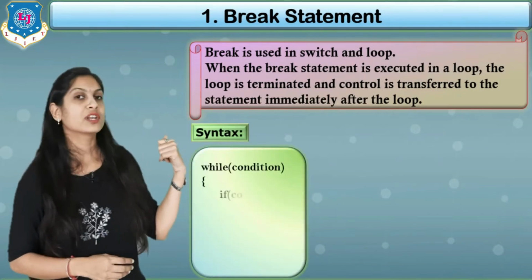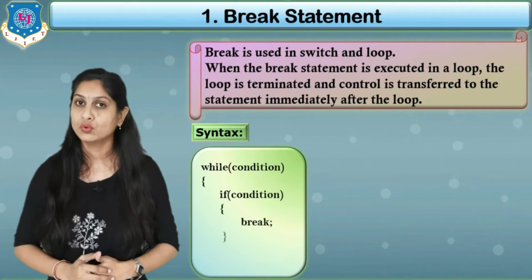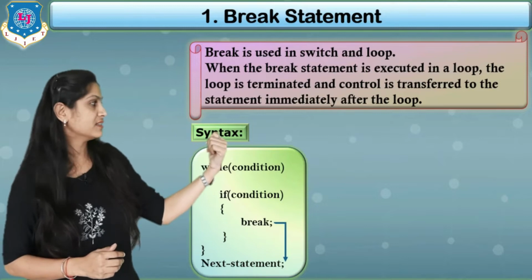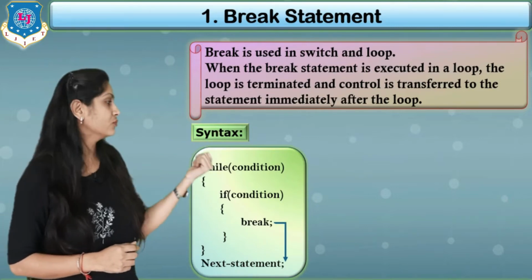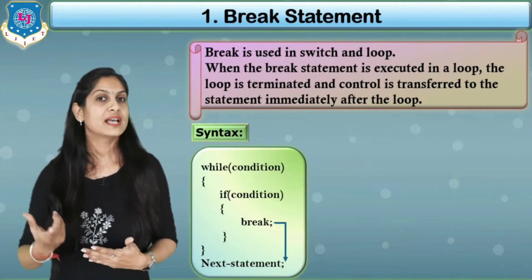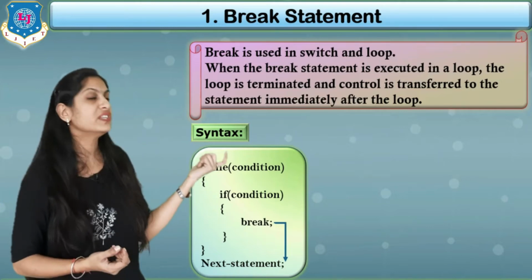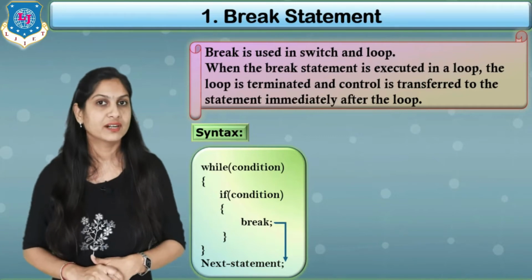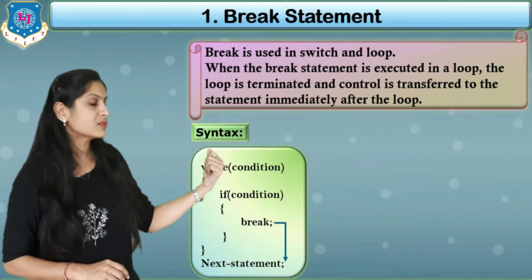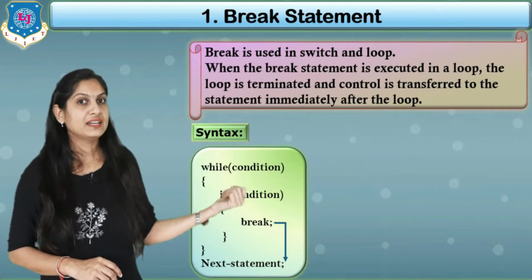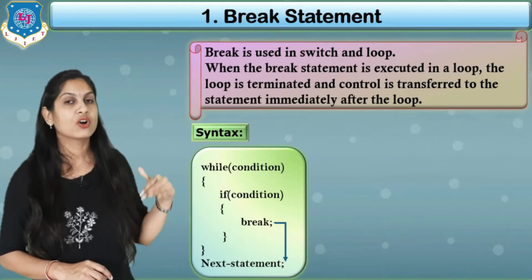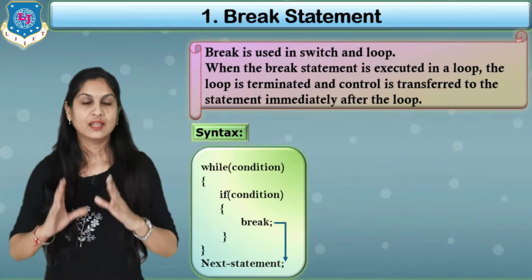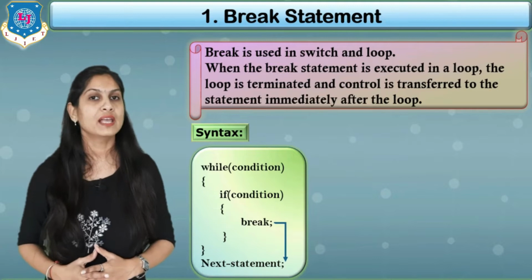Here the syntax is for a while loop; you can also write it in a do while and also a for loop. In the while there is a condition, and inside the while loop we have to use an if. The if has another condition, and if this condition is true, then we go inside and there is a keyword, that is break. When this break is executed, it comes out of this loop because the loop is now terminated and the cursor moves to the next statement. That is the logic of how break will be executed.